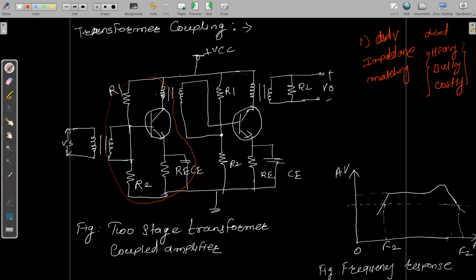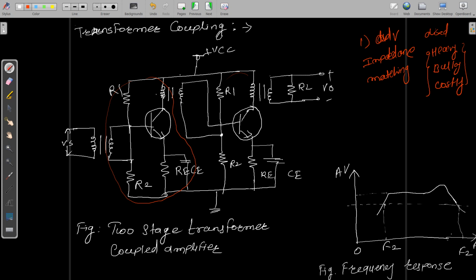What do you mean by impedance matching? It can be used to match the large output resistance of your audio frequency power amplifier to a low impedance load like a loudspeaker. When you talk about public address systems, you have a number of stages connected and the output of the last stage will be very high, and now to whom do you have to deliver that output? To the loudspeaker, and the loudspeaker will have very little resistance, right? So now how to match the high versus the low, that happens because of the transformer coupling. So that's why we say the transformer coupling is quite used for impedance matching.